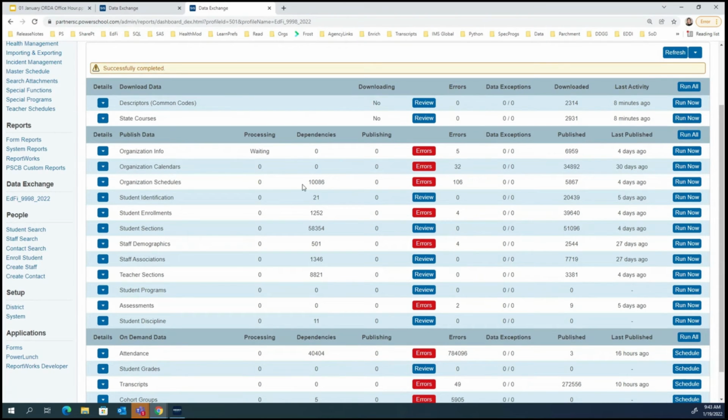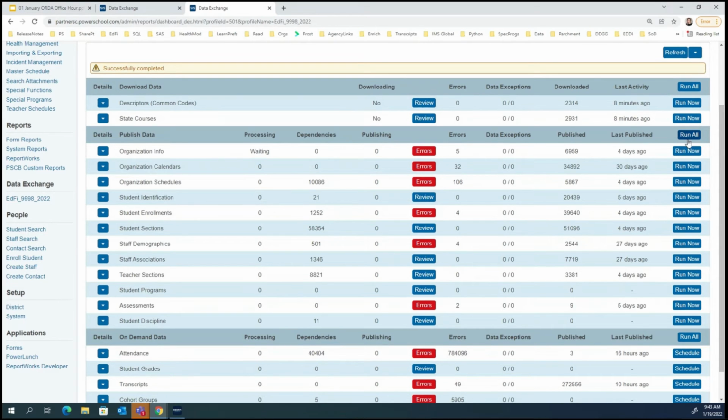If it gets past that point, then it's able to come over here and be published to the ODS. And then you're not going to have errors for something that's in dependency, but you would possibly if it moved beyond that. And let's say, for example, like Wyatt was saying, if there's a school that is not recognized based on the list that's in the ODS, then you might have an error for anything related to that.